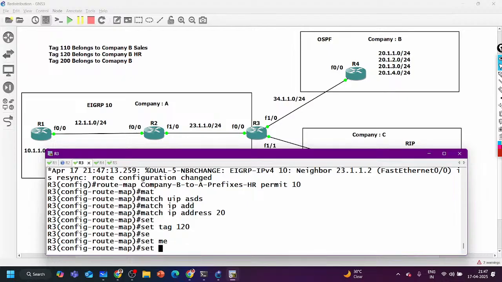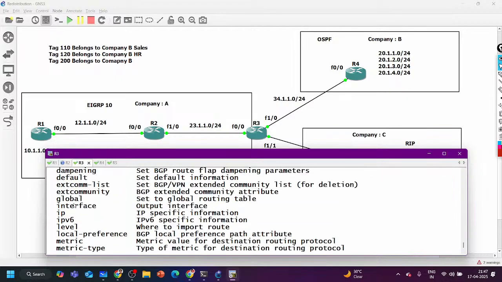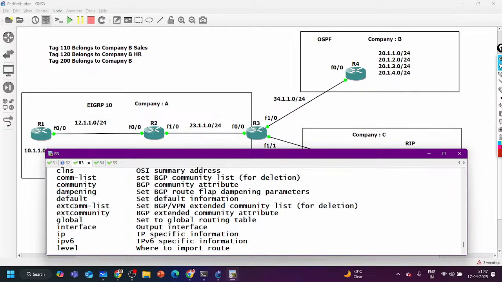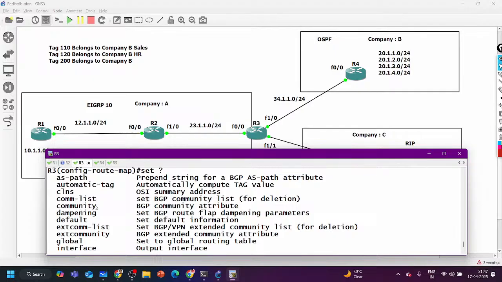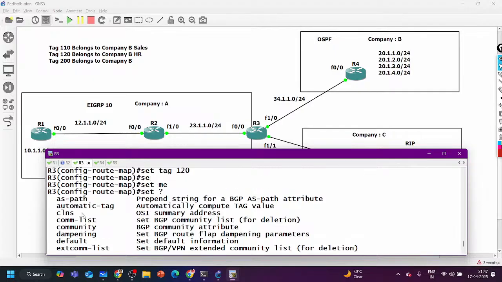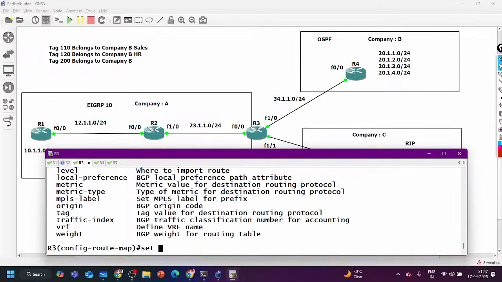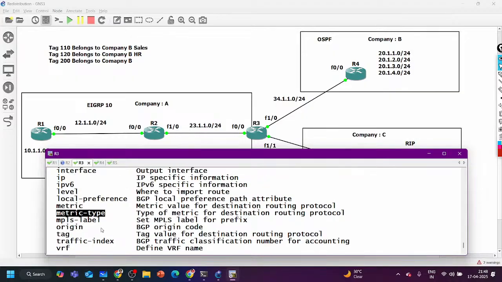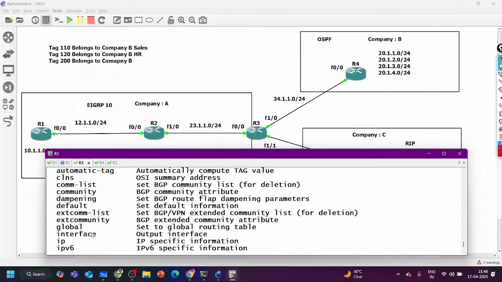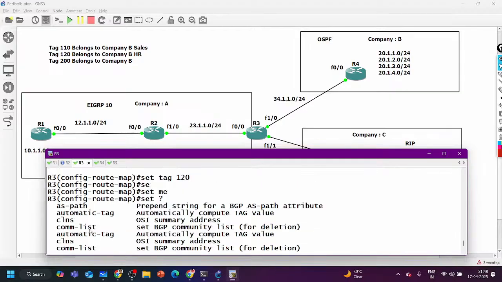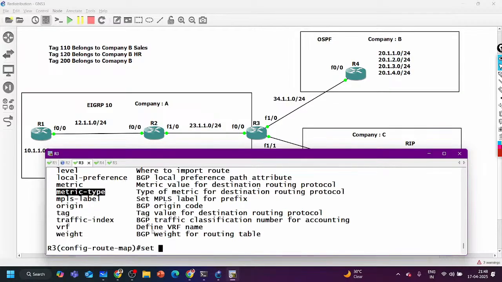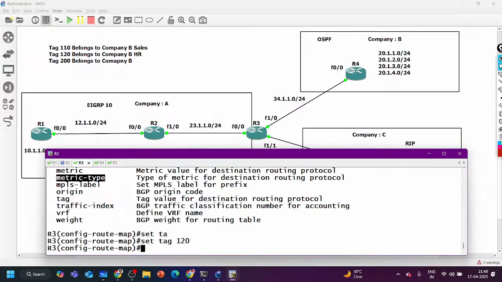See how many things you can set here, guys. IP next hop for the next hop. In PBR, policy based routing, you will learn all these things. For now you can set the weight value, metric type, metric, network type. So I am setting the tag value here 120.